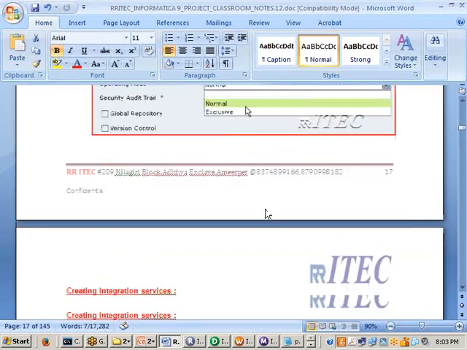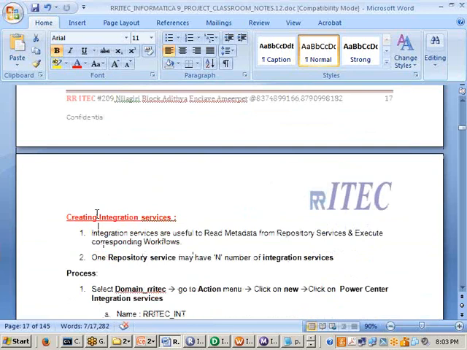Step 5 is available as part of this repository service creation. Then we'll move on to the integration service. Am I clear? Right. Tomorrow we'll continue from here. So today you understood the introduction to Informatica, then how to create the repository service, and installation also. These are the three things you understood. Am I clear? Right. Thank you. And one more point I want to tell is,